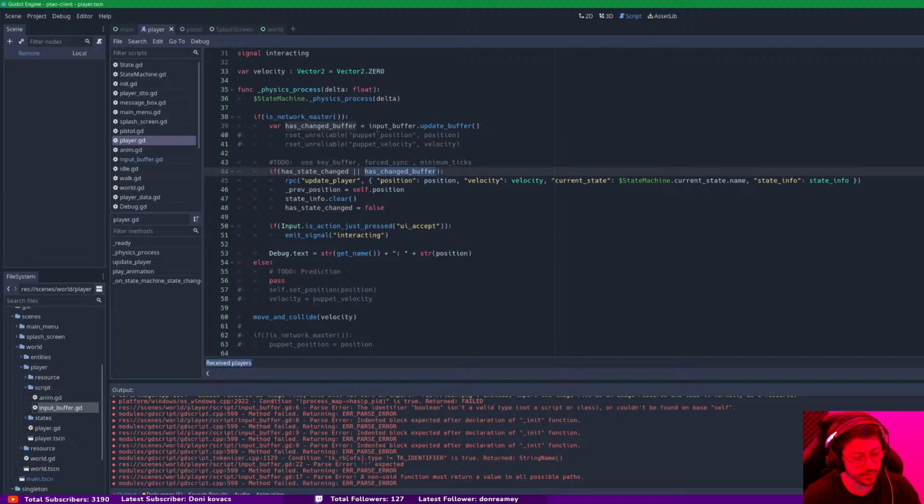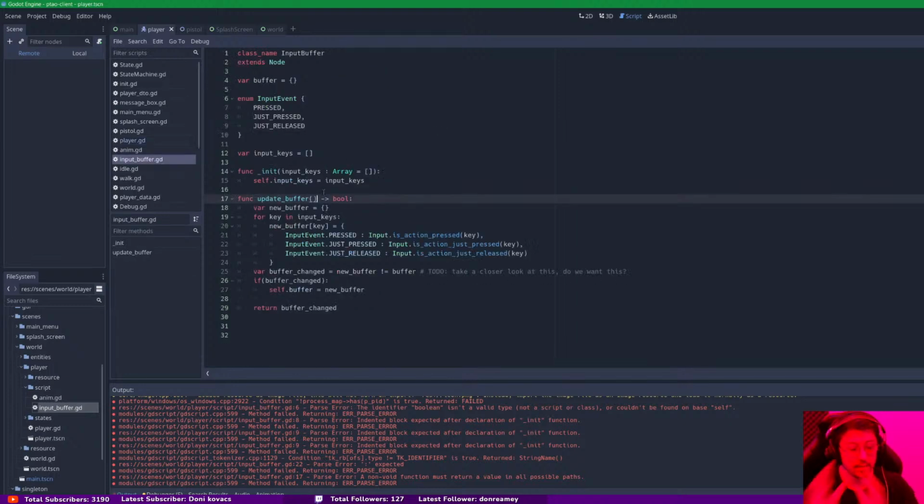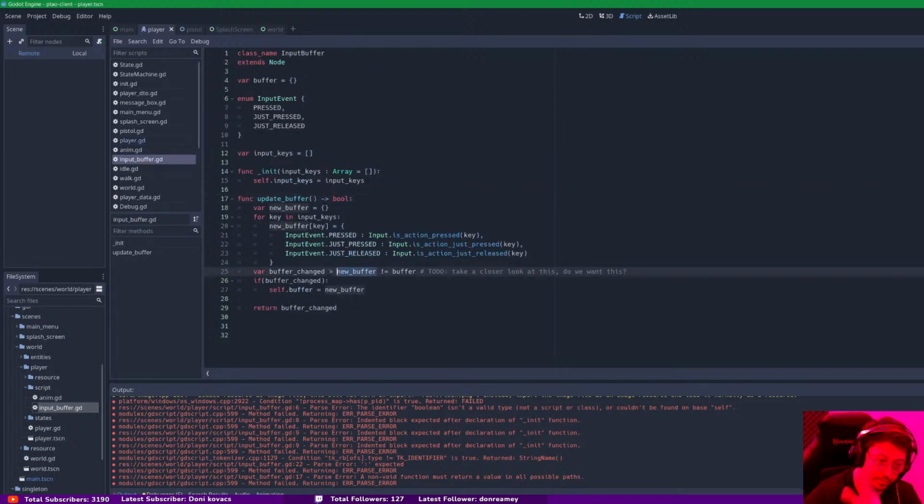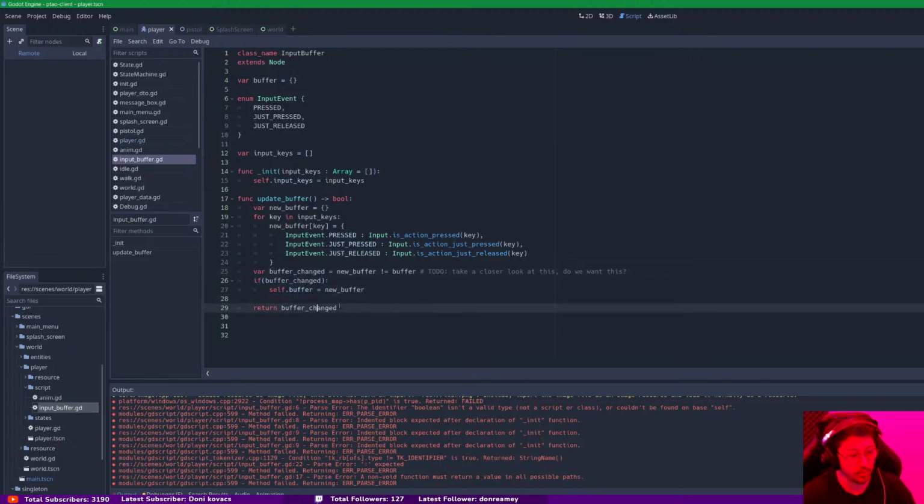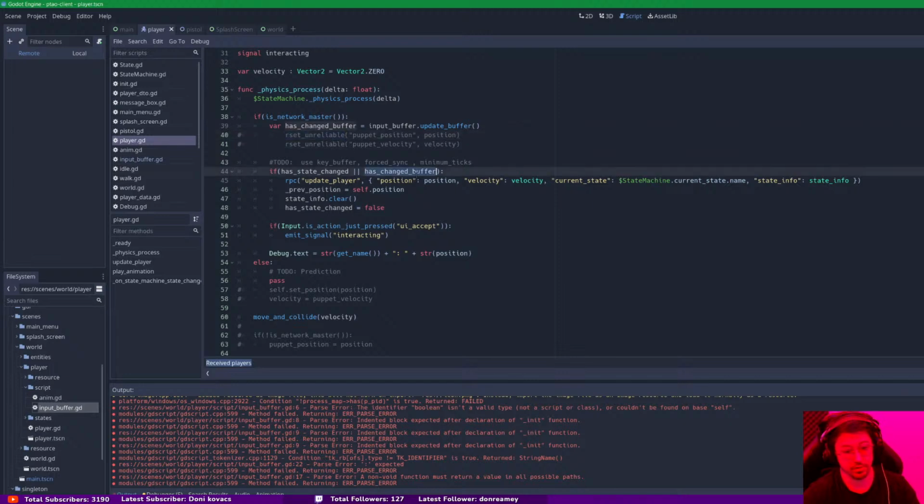If this works as we expect, we will be doing this every time we change the keys. But if we hold the same keys down, hopefully this is going to return false. So the new buffer, which has the same keys pressed, true and false, whatever, in these keys, is the same as this. It's going to be false, which means we haven't changed. We're not going to set it. We're not going to do anything except return false. We haven't changed, so it will not run this. But we do also want to make sure we do this forcefully, even if we haven't done anything. Even if we're standing still, we want to make sure we at least send some information